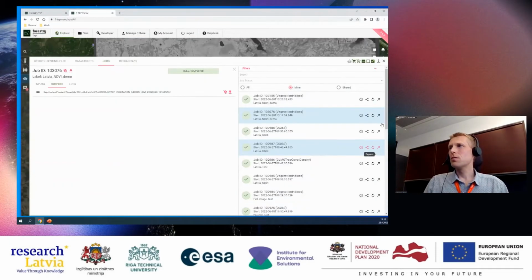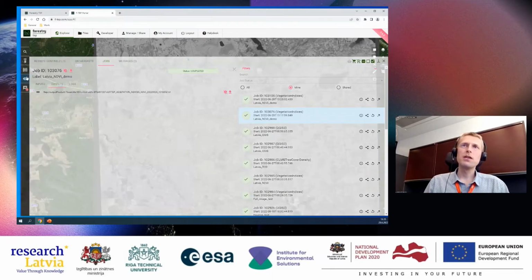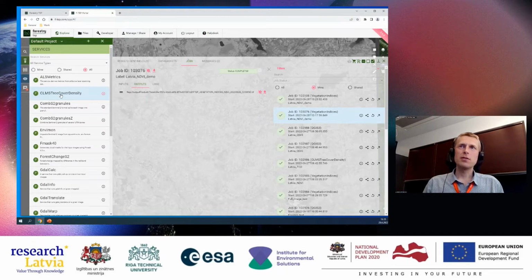So you can leave this job view as it is, because we will need this output of the previous job. But other than that, we need to go to the services tab again, and it's at the very top, this CLMS tree cover density service.